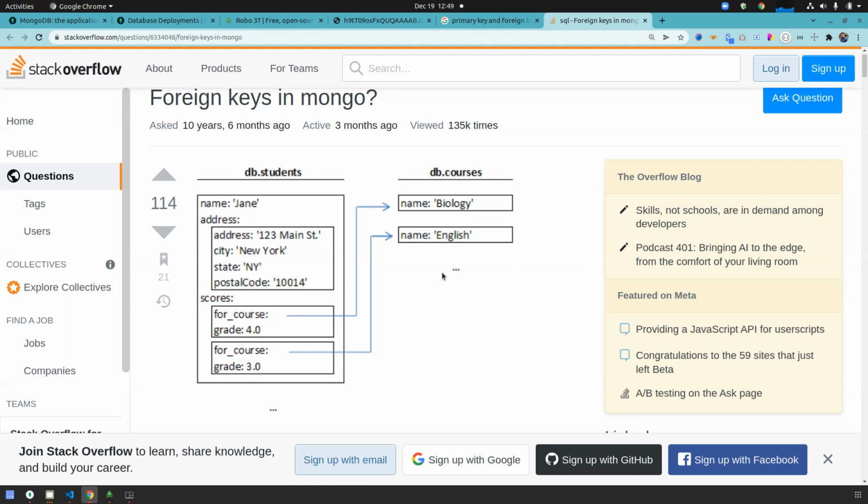But which student is taking which course, that relation is a kind of foreign key.